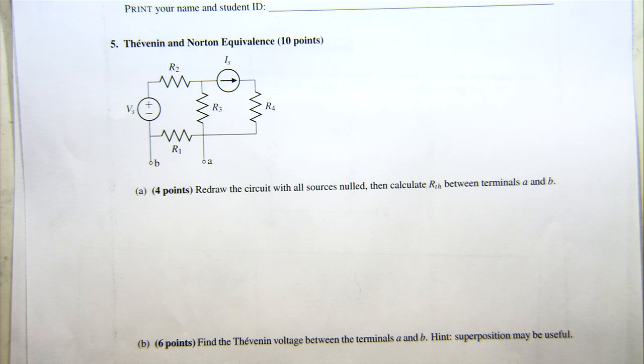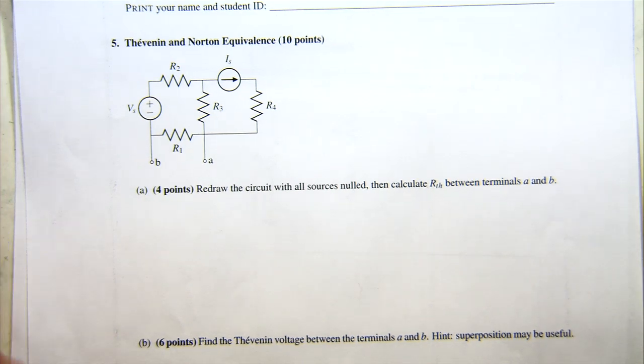So for this one, you're asked in part A, redraw the circuit with all the sources nulled and calculate R Thevenin between terminals A and B. So as per earlier, this is one of the processes for finding either R Thevenin or R Norton. And what's important is to remember what exactly it means to null sources. So when we're nulling a voltage source, what do we do to that voltage source? What sort of component do we turn it into? Yeah, so I'm hearing shorts. How about for current sources? Open. Yeah, so we're going to want to break the circuit.